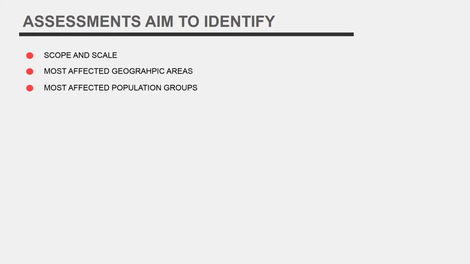Assessments aim to identify. In many sudden onset emergencies, however, the objectives of an assessment are not that different from one disaster to the next. They should contribute to the overall common operational picture, focusing on identifying scope, how large, and scale, how many, of the crisis, most affected geographic areas, most affected population groups, most affected sectors, priority needs by humanitarian sector and intersector,